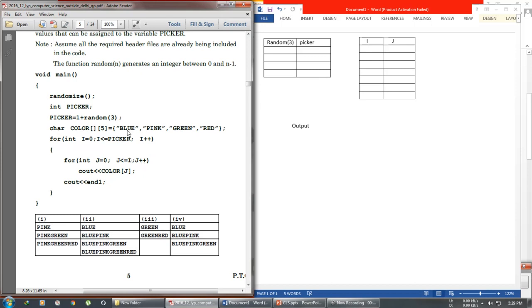The question is for 2 marks, and the question asks us to find the output, and the hint is given here that the function random(n) will generate an integer between 0 to n minus 1. So you should be knowing this thing. Okay, now